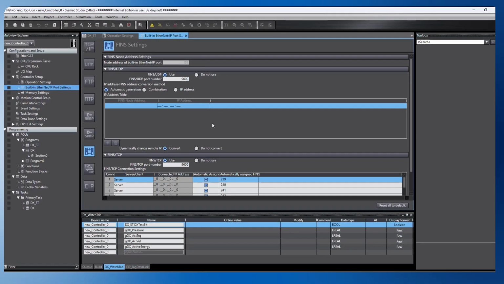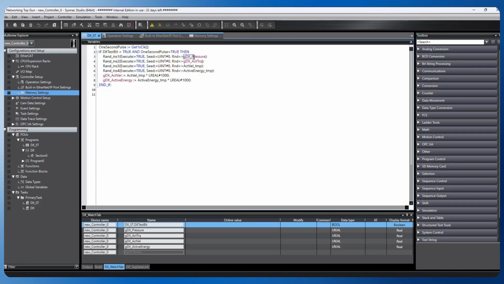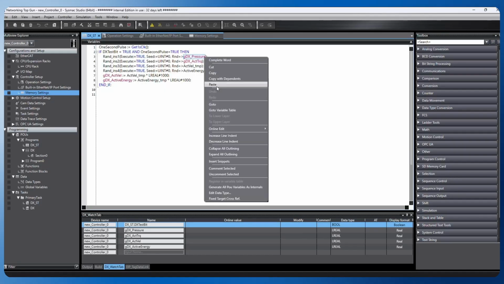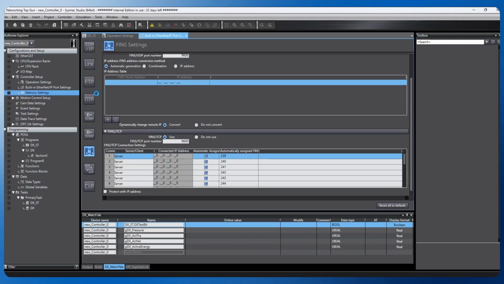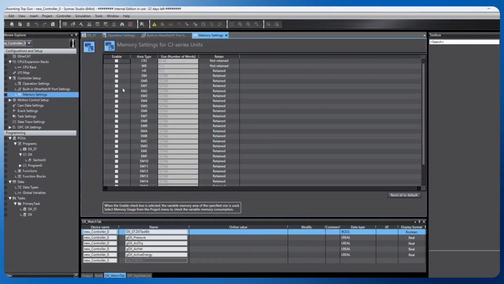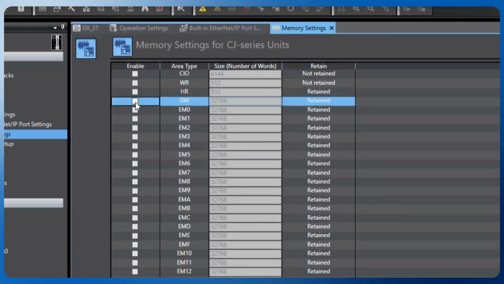Next area we need to focus on is the memory settings of the NX102 controller. FINS protocol is an address-based protocol, which means it needs to have physical memory addresses to collect data from. In this example, we have the GDX pressure variable and the GDX actual torque variable declared in the global variables list, but those have not been assigned to a physical memory area yet. Underneath the memory settings, we can enable the DM memory area